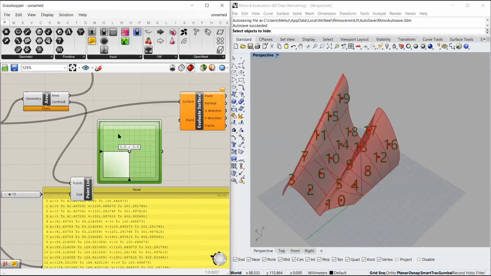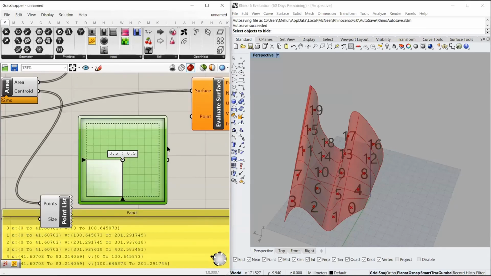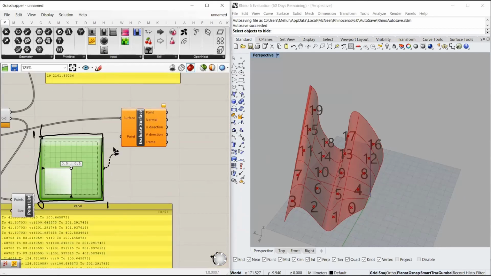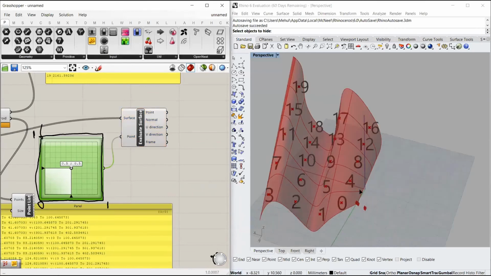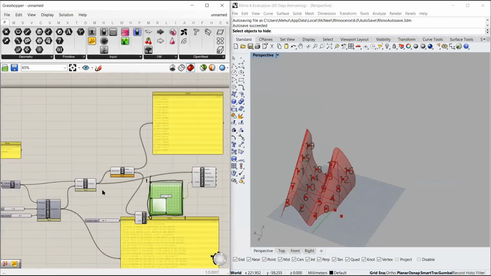What MD slider does is it actually makes your entire surface into this domain. Now, by default, MD slider has a domain of 0 to 1 in the U direction and 0 to 1 in the V direction. It can be changed, but it is preferred to not change the domain of this and let it be at 0 to 1. But as soon as I input this in this, you see there is an output, but the output is wrong because the domain of these surfaces is not from 0 to 1.